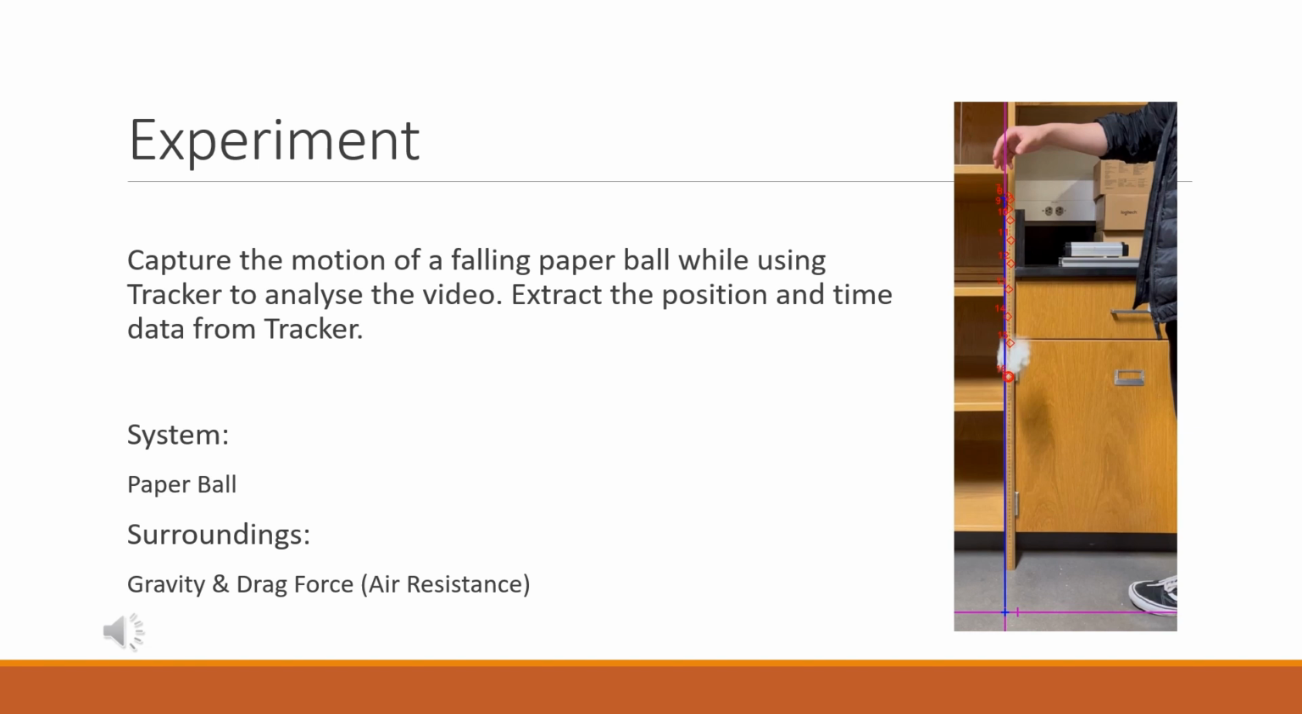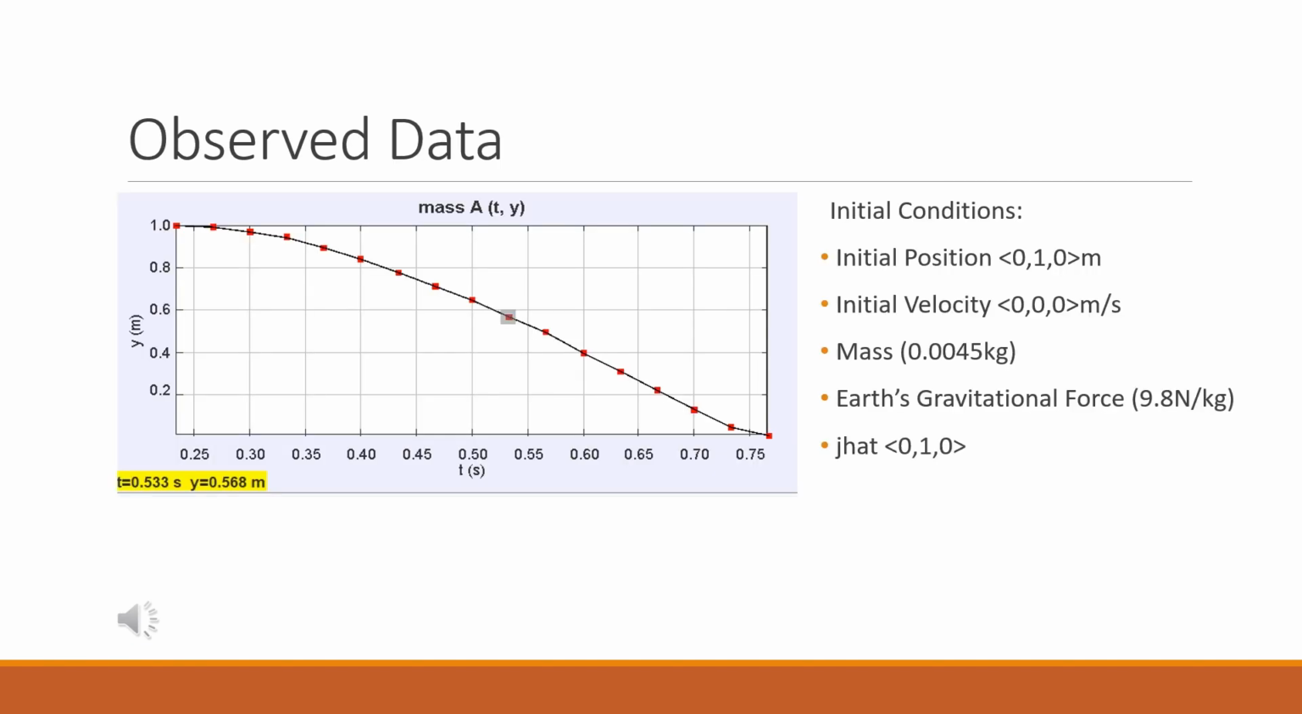In this experiment, the system will be the paper ball itself, whereas the surroundings will be gravity and the drag force, or better known as air resistance. The important things to note for this experiment are the initial conditions. You can see that the initial position of the ball is 0, 1, 0, which is 1 meter in the y direction, and the initial velocity starts at 0, whereas the mass of the ball is 4.5 grams, the Earth's gravitational acceleration is 9.8, and the j hat, which is the direction of the ball, is